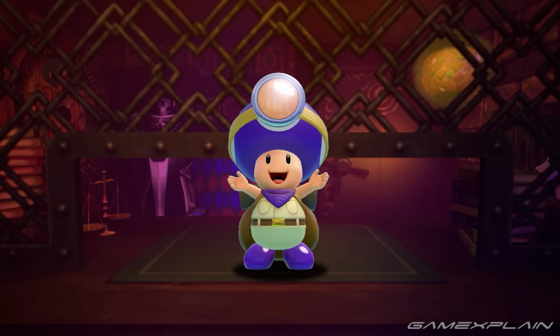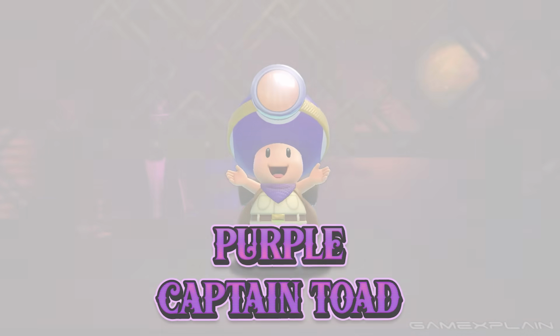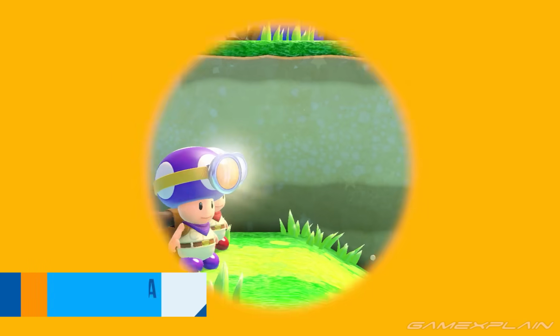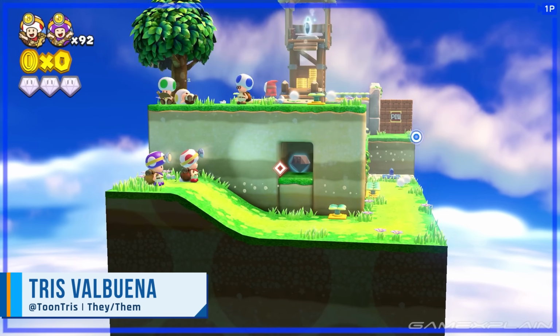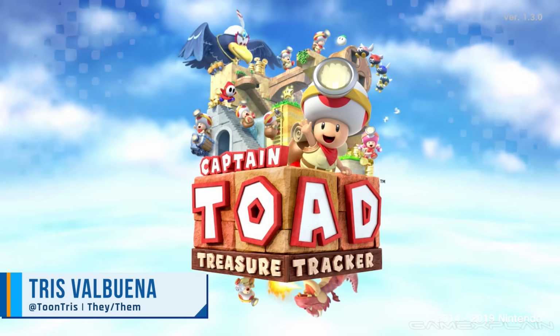This particular curio is most fascinating. A forgotten playable character that may never see the light of day again. Feast your eyes upon the Purple Captain Toad. The sole documented appearance of Purple Captain Toad is exclusively in the Nintendo Switch version of Captain Toad Treasure Tracker,